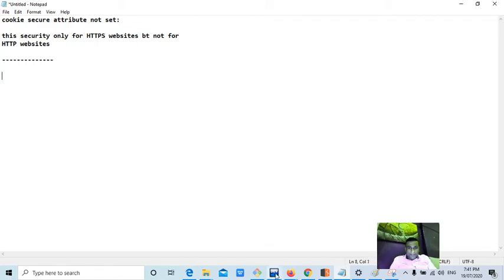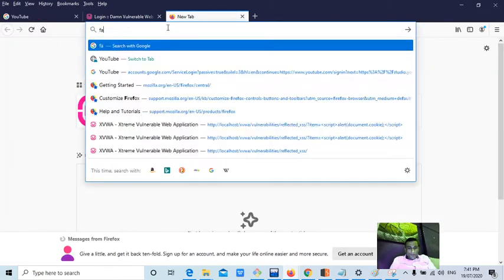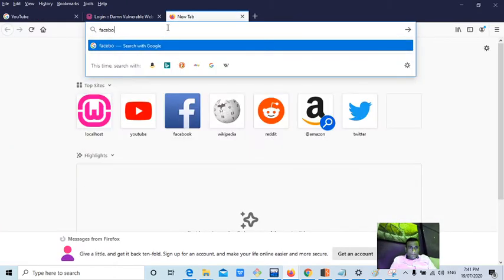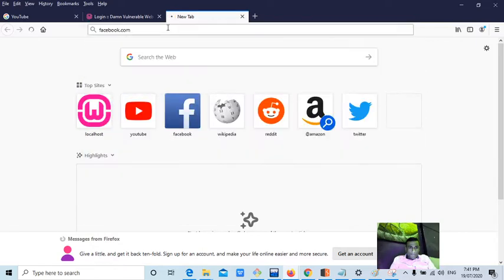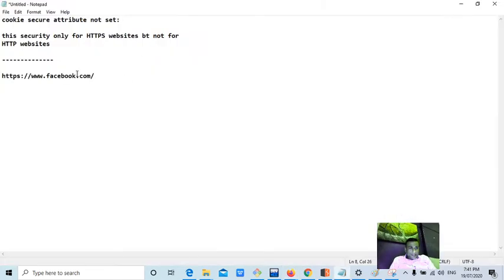Let's say I try to open facebook.com. What is it, like HTTP or HTTPS? This is HTTPS, so you can check this particular issue for this website.